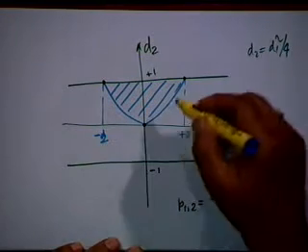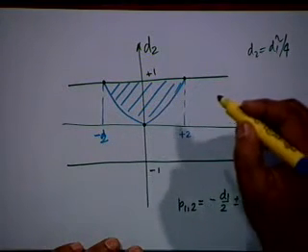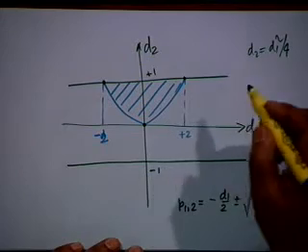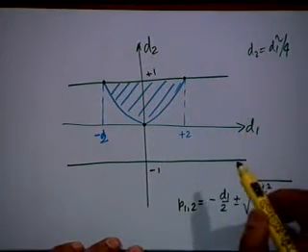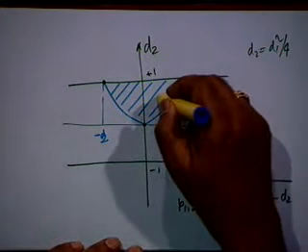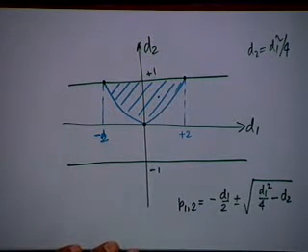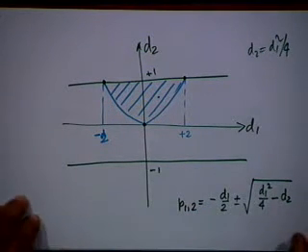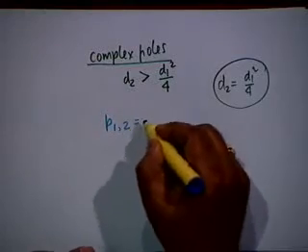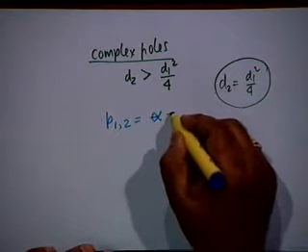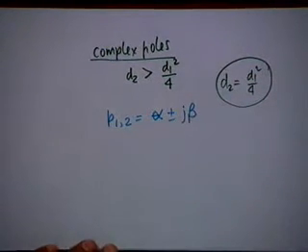Agreed? The hatched region represents complex poles. That is, if d1, d2 in the parameter plane, the point d1, d2 is here, then you know it is a complex pair of poles. Not only that, if the poles are complex,